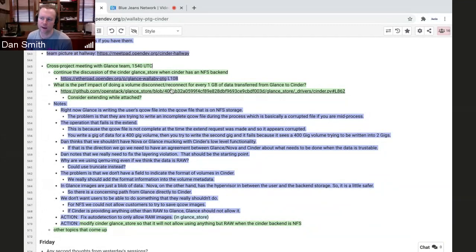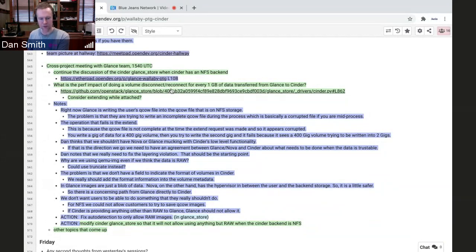I understand. I don't really have a good argument for you, other than just, I don't want to support things that are pathologically stupid either. Nova doing double wrapped QCOW on top of QCOW on top of NFS for writable workloads would suck. I don't think that Glance storing what is actually just a blob on top of QCOW on NFS is any worse than not double wrapping it. It's basically the same thing.